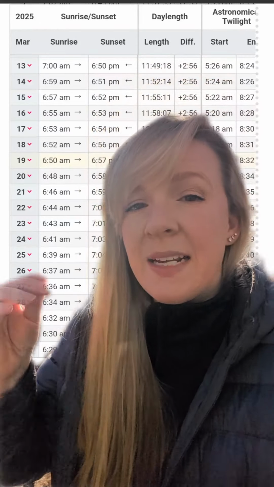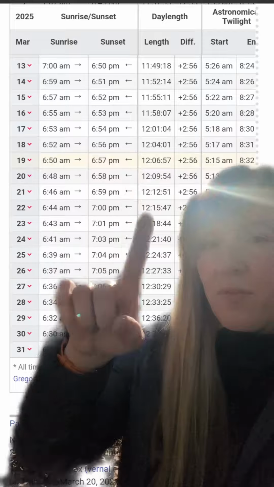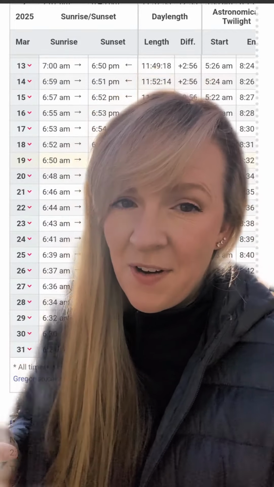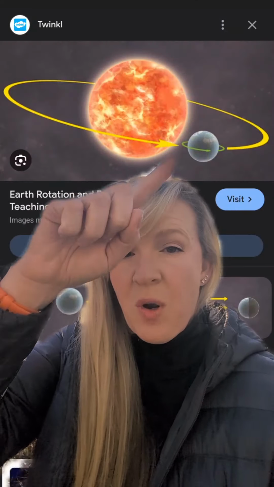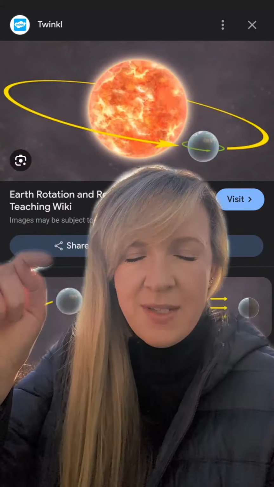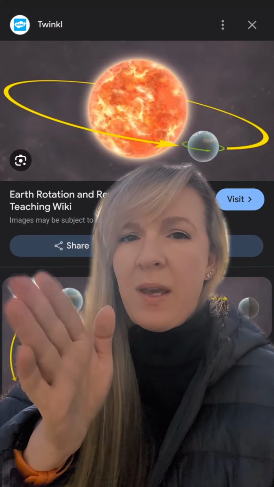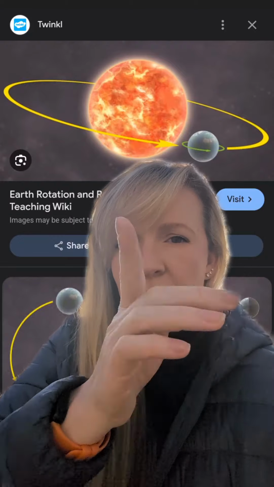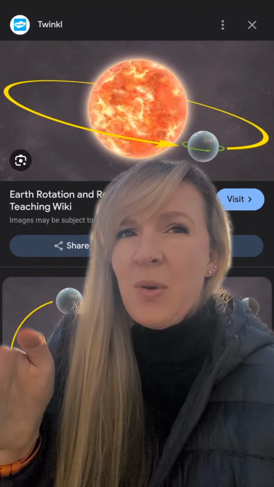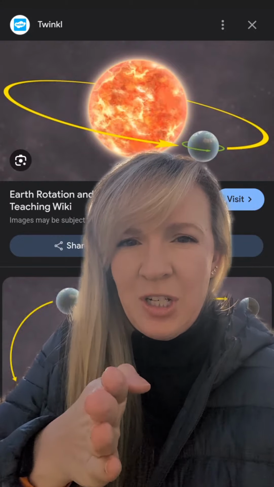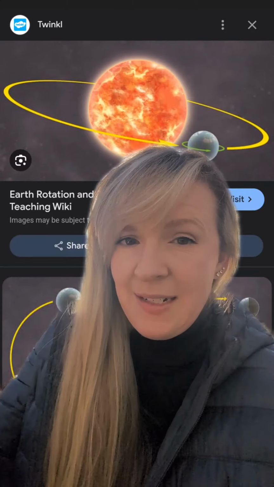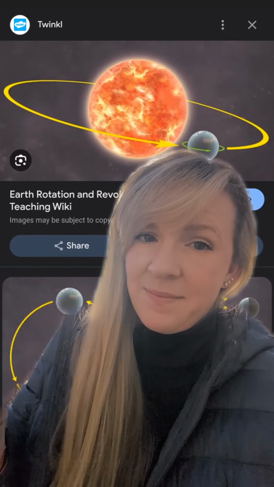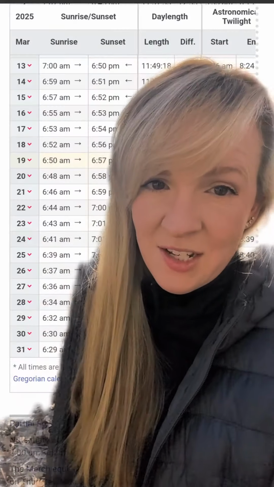And the reason it's not exactly 12 hours for the equinox time itself is very interesting. You see, as we rotate and revolve around the sun, if we were facing the sun perfectly and we do one complete rotation as we're moving around on our revolution, you actually need to do a complete rotation plus a little bit to get back to the exact same place facing the sun. That's what accounts for the couple extra minutes that you see here.